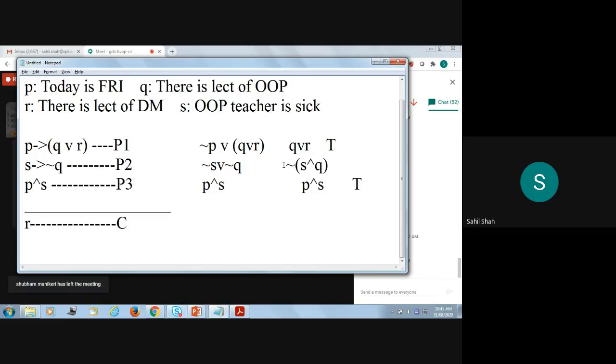Then I have applied De Morgan's law over here. If you don't want De Morgan's law, then also it is fine. You can look for this. And further to this, we are having the third premise as P conjunction S. Now, in order to have